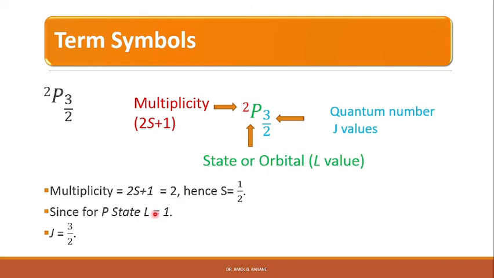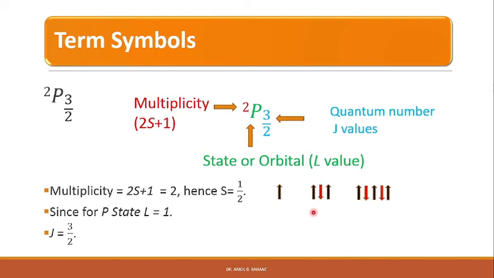However, it does not tell anything about the states of the individual electrons in the atom, not even how many electrons contributed to the total angular momentum. So in this example, S equal to 1 half implies that the atom has an odd number of electrons, in which one electron has unpaired spin. So there may be 1 electron or 3 electrons or 5 electrons.